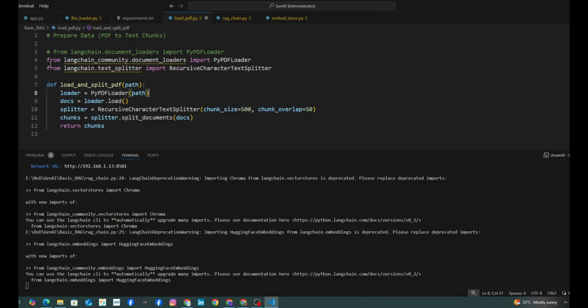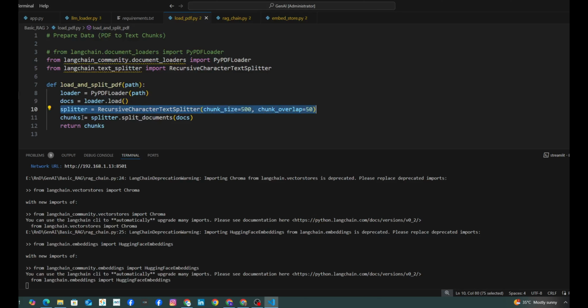Right, first we are importing the PyPDFLoader from langchain_community.document_loaders, and then we are importing this text splitter for chunking purpose. The name of the splitter is RecursiveCharacterTextSplitter, right? So we loaded our document with so and so path, which we will select from the file manager, and then we have the content in our docs string, right? And then we set up our recursive character text splitter here.